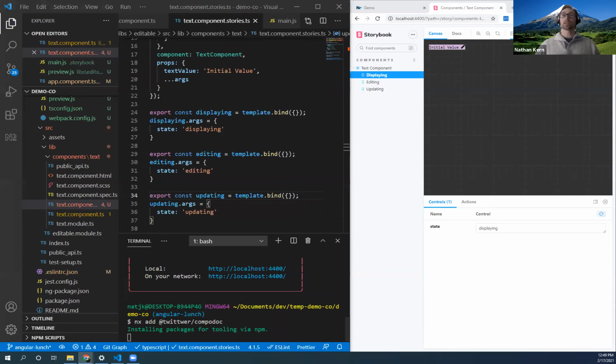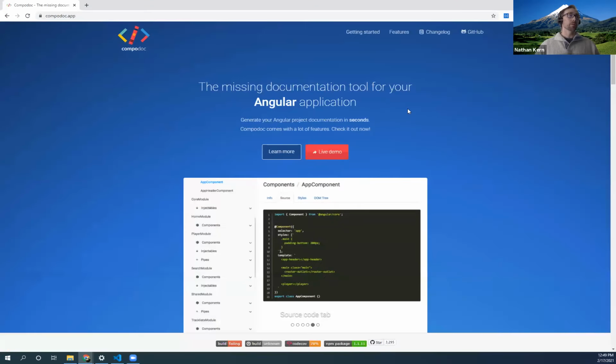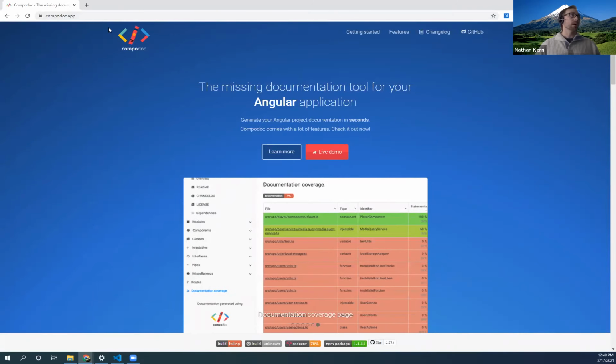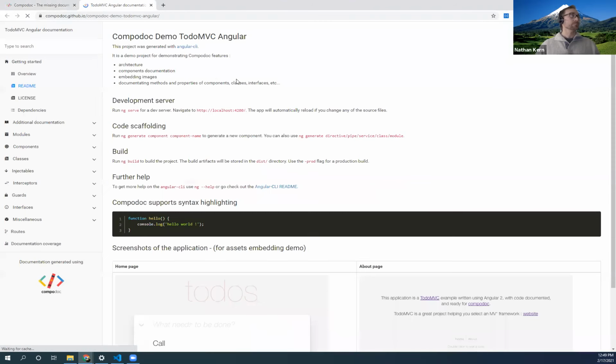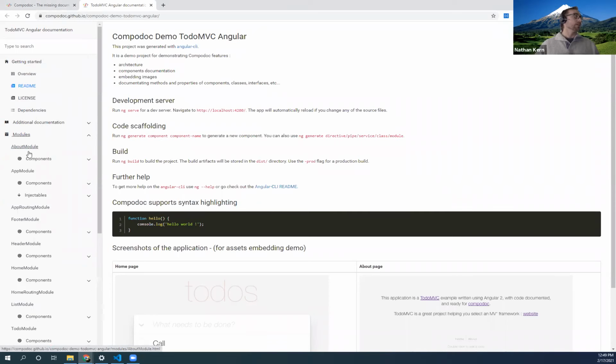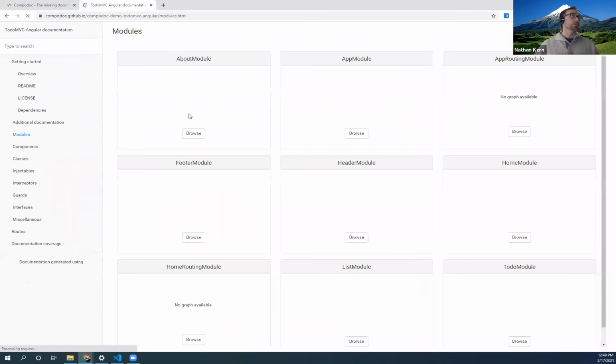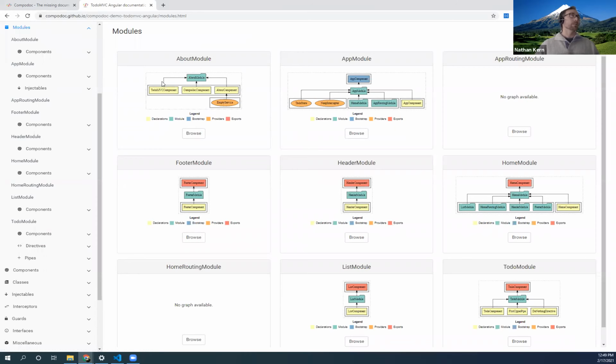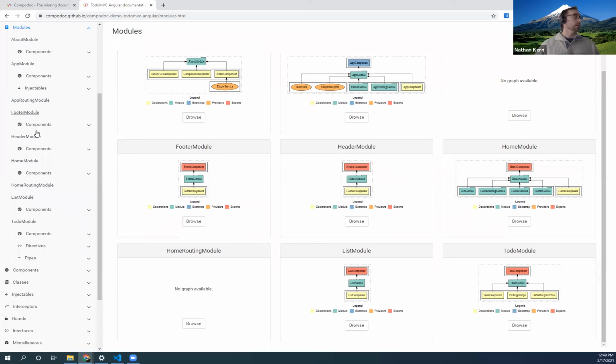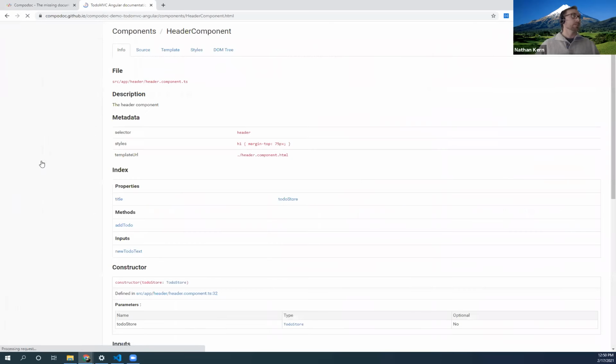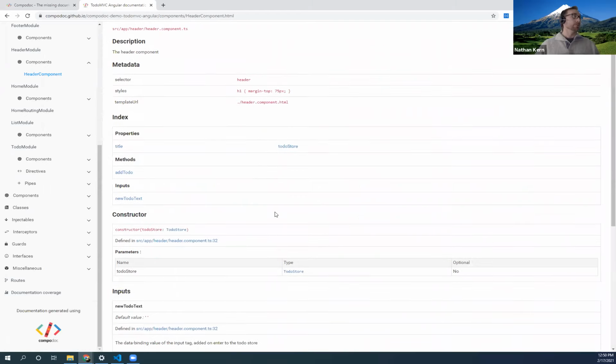Compodoc is another tool that's great for documenting Angular libraries. You can find it at compodoc.app. And you can go to the live demo and look at it a little bit. This is all generated from some fake app, and you can take a look at the modules. It'll give an idea of how components inside the modules relate to each other. And if you go to one of the components inside of it, it'll tell you